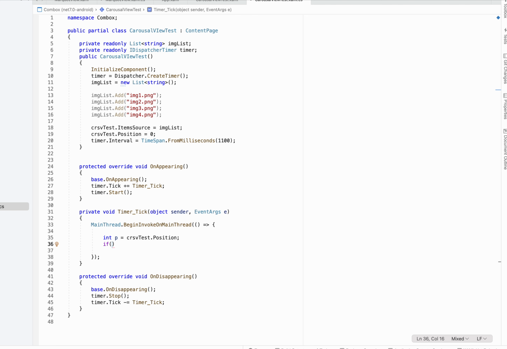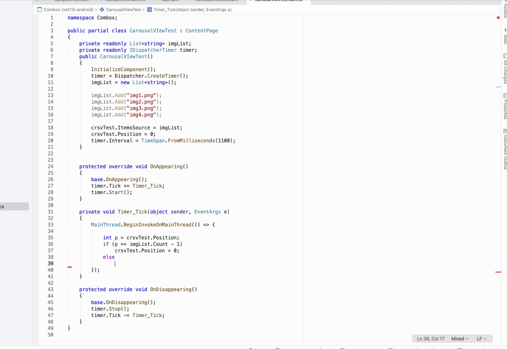Then if the current position is equal to the list count minus 1, since we start from 0, meaning the last item is showing, then we have to assign back to position 0, else